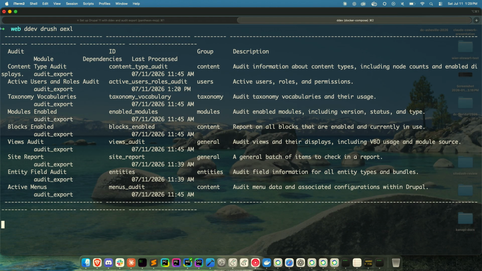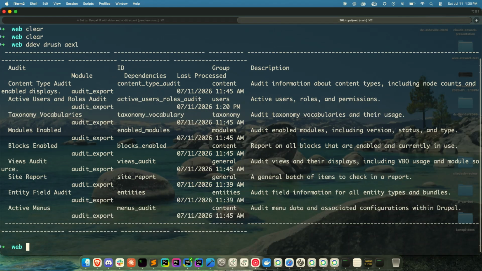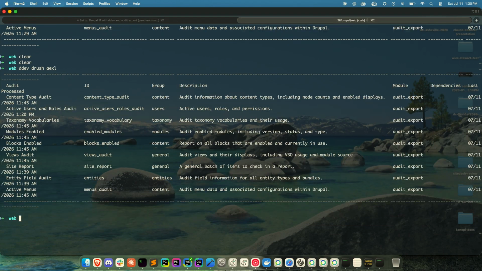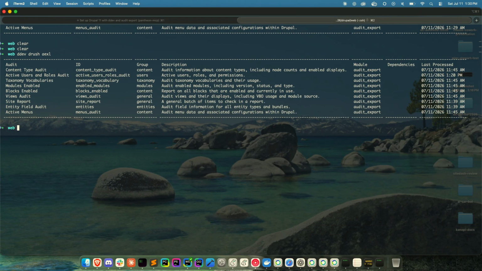So there's the... It's not very good, but you get the idea. There's a list command, so you can list out your reports. You can see the last time that they have run. I'll just hand wave this a little bit. You can't read much. The very end lets you know the last time it was processed, when it last ran,